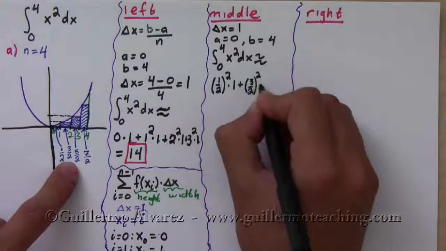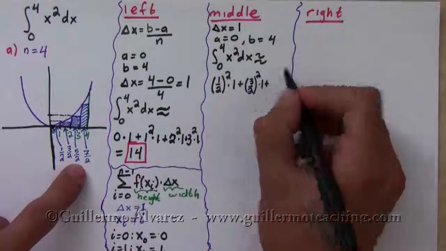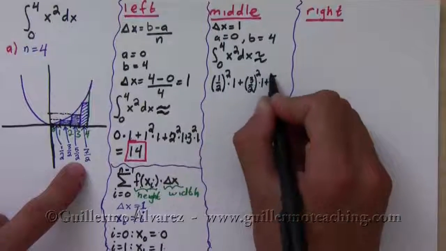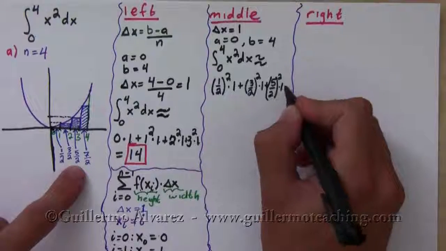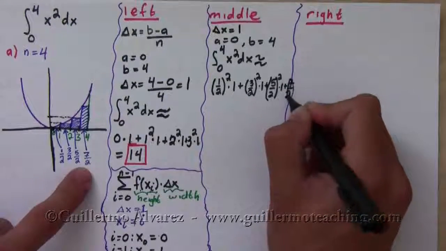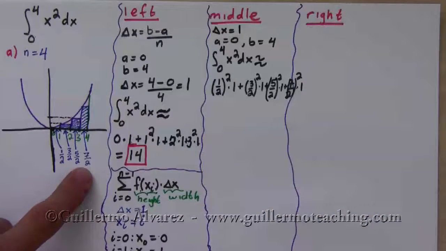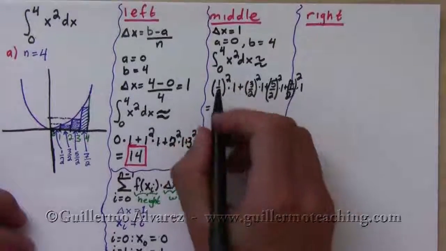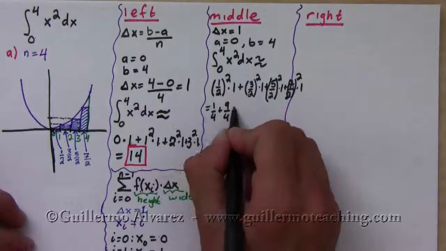3/2 squared times 1, plus, I'm running out of room here, 5/2 squared times 1, plus 7/2 squared times 1. Oh well, too bad. Okay, so this is equal to 1/4 plus 9/4 plus